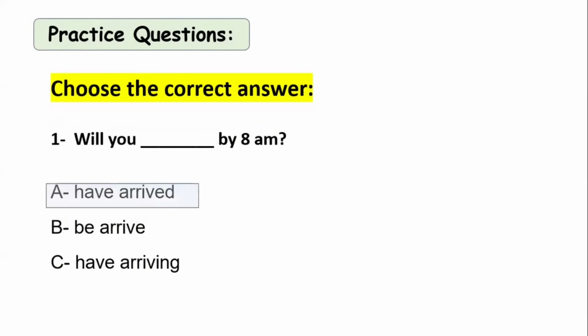While I'm doing the questions, you can simply pause the video in order to see if you can answer or not, and then play it again to check. So will you have arrived by 8 a.m.? يعني هل ستكون قد وصلت قبل الساعة 8 صباحا؟